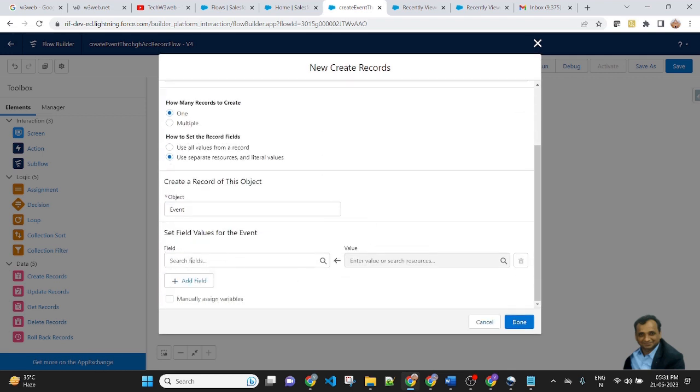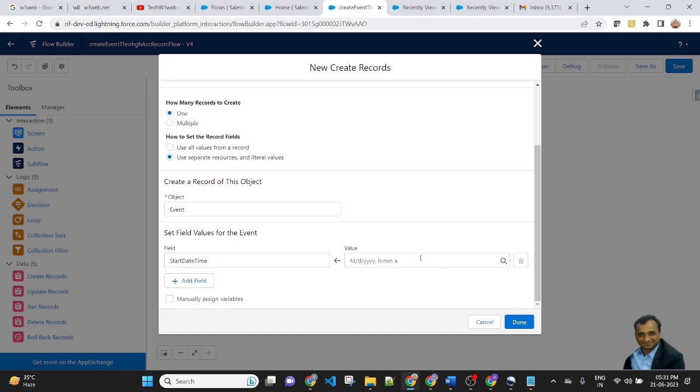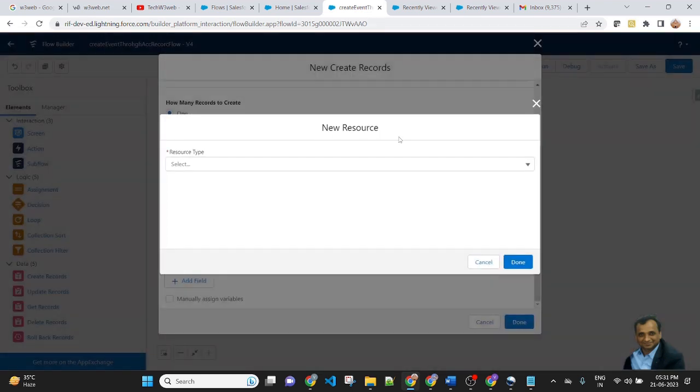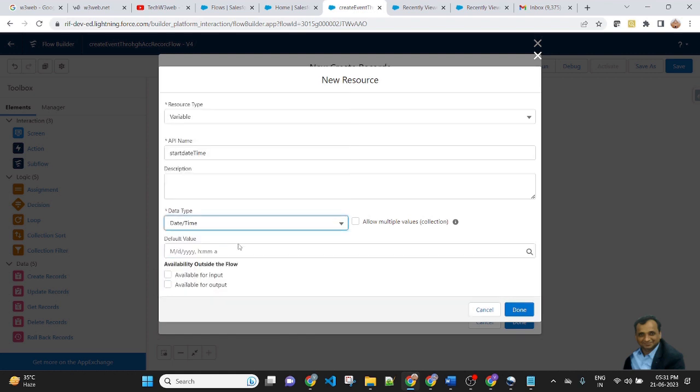Then there is a field and there is a value. If you are creating an event, there are some required fields like start date time. In the start date time, you need to create a resource variable, start date time. Tell the API name, data type date and time.